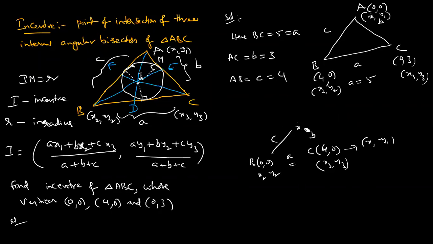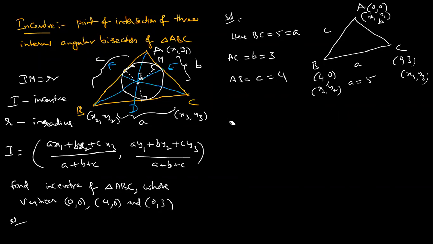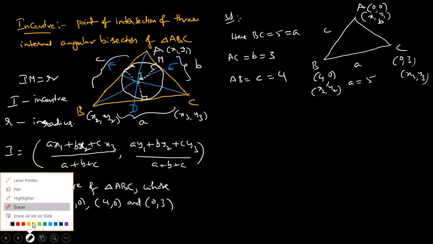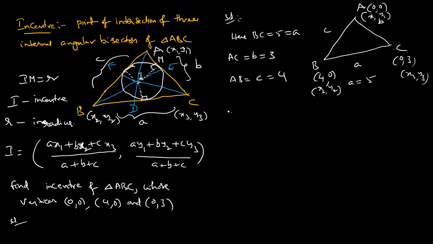Now write down what is the formula. Please write down. Sir, in this question, you didn't mention whether 0, 0 is A or 4, 0 is B. I didn't mention anything. That's what I'm saying. You can choose any number, any points, any vertices. But with respect to that one, the small a is changing. That is compulsory. Now write down the formula.